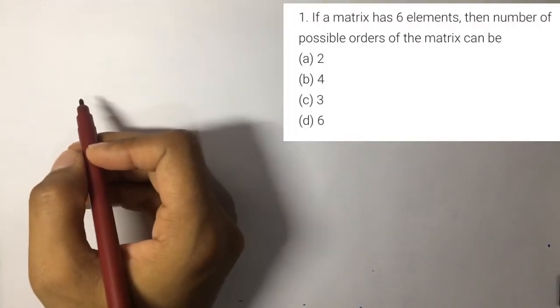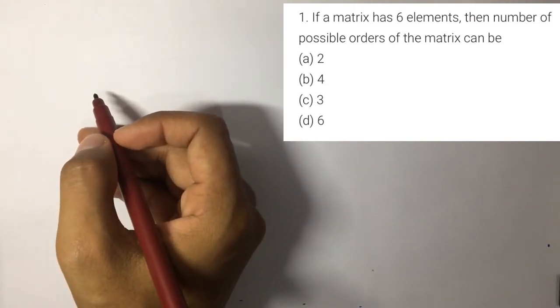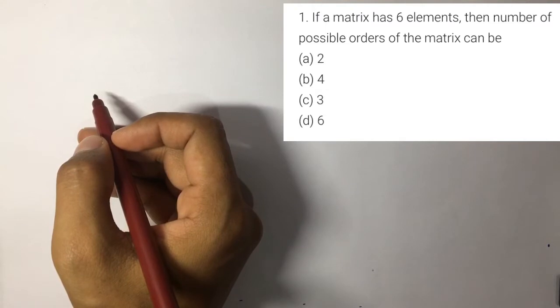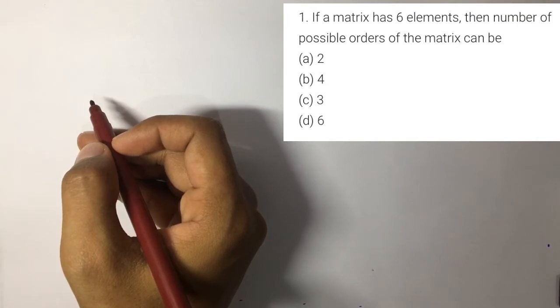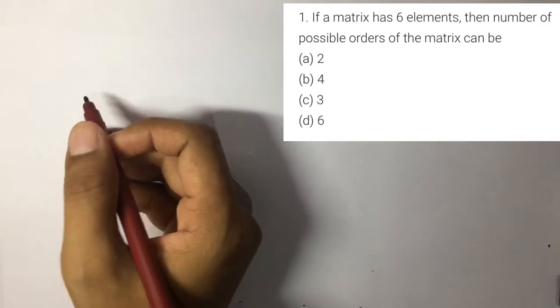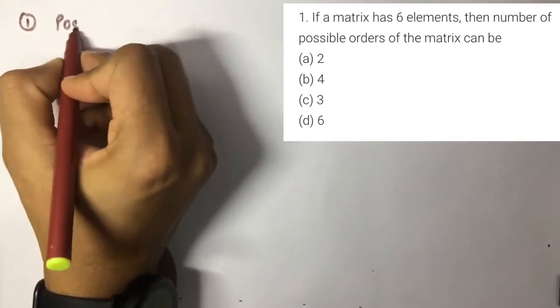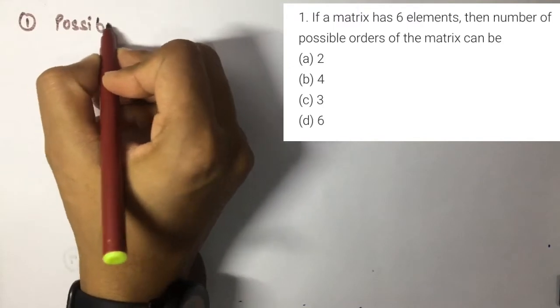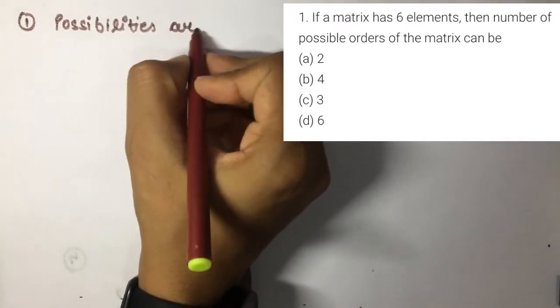Question number 1 says that if a matrix has 6 elements, then the number of possible orders of the matrix can be. Options are 2, 4, 3 and 6. Okay, you have to given that the matrix has 6 elements and you have to find the possible orders. So what are the possible orders? So the possibilities are